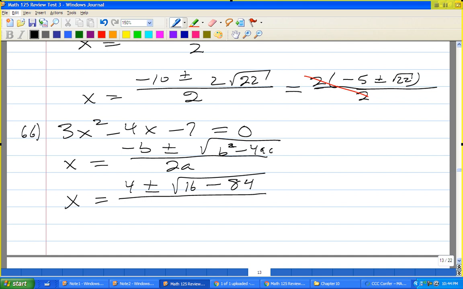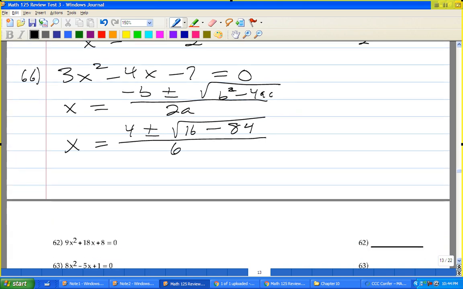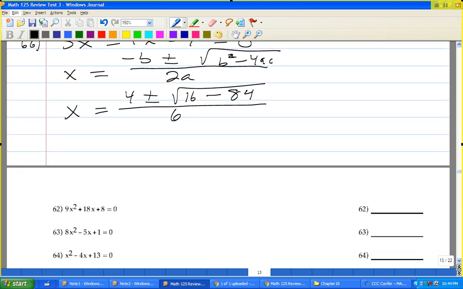And so I get all over 2 times a. 2 times 3 is 6. So x is equal to 4 plus or minus 16 minus 84 is